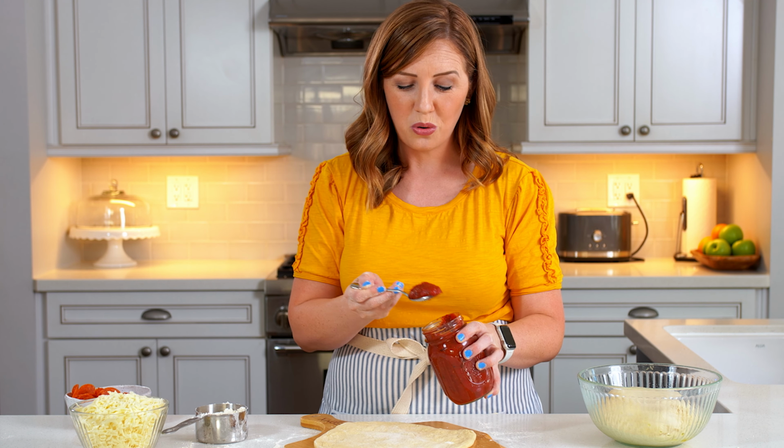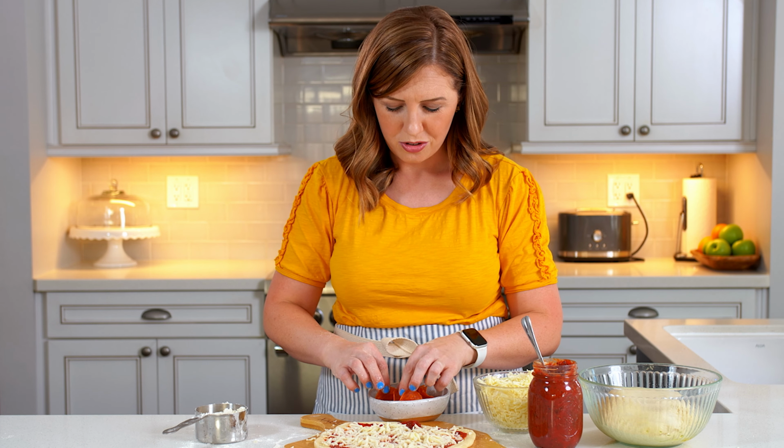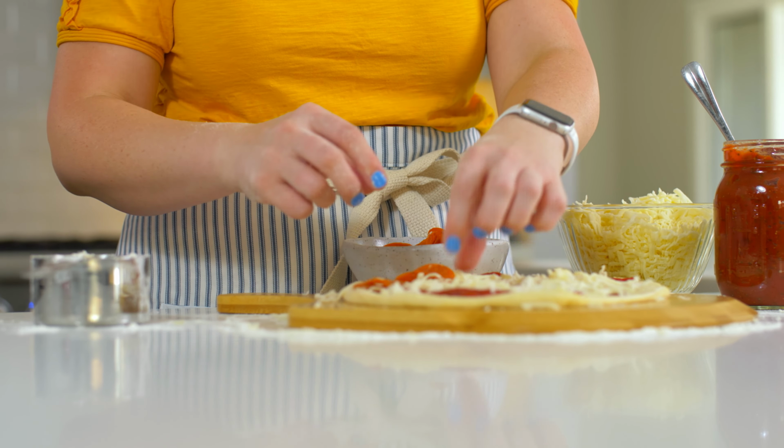And then top with some mozzarella cheese, and then any other toppings that you want. I'm keeping it simple and just doing pepperoni today because I love pepperoni, but you could do supreme, Canadian bacon and pineapple, whatever you like. Just be careful if you're topping it with a lot of toppings, it's going to have a harder time cooking all the way through, so keep that in mind. And if you're doing things like sausage or chicken, be sure it's all pre-cooked so that it doesn't come out raw,